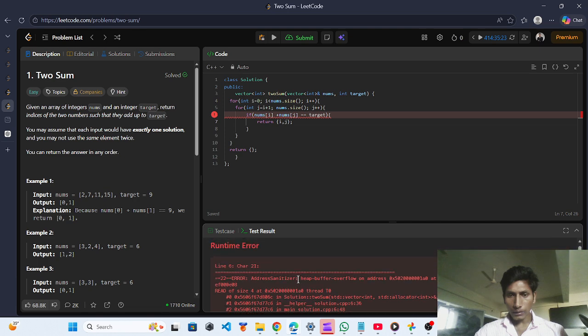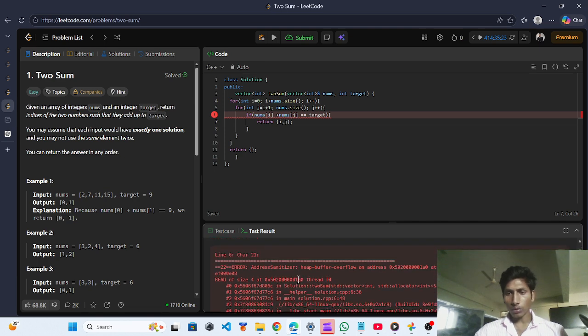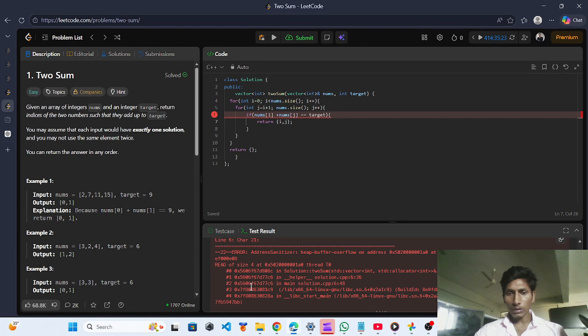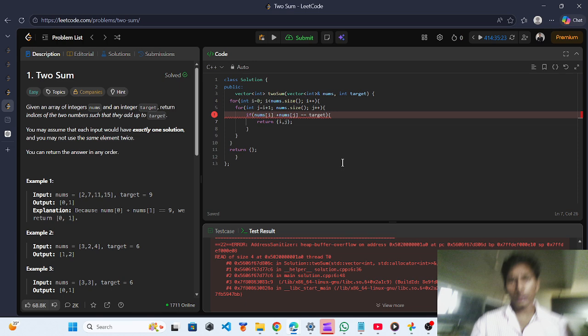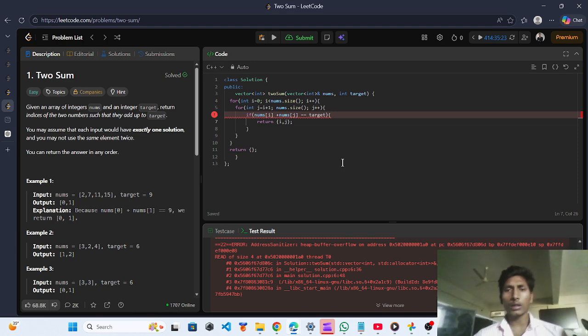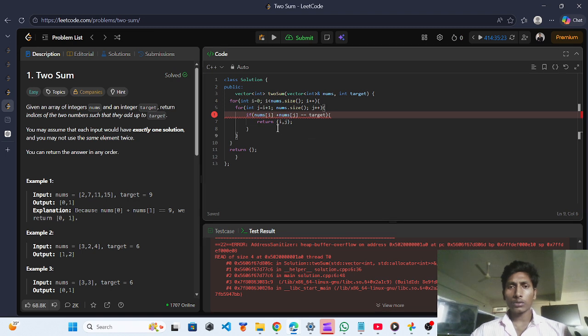Address sanitizer: heap buffer overflow, read of size 4. Which type of error is coming here, at nums[i] plus nums[j]?